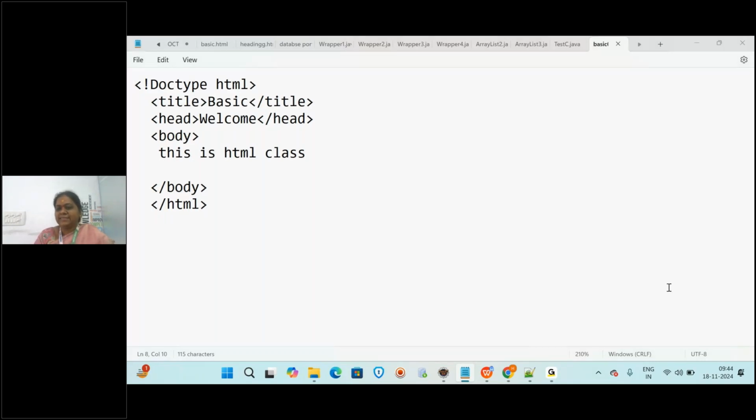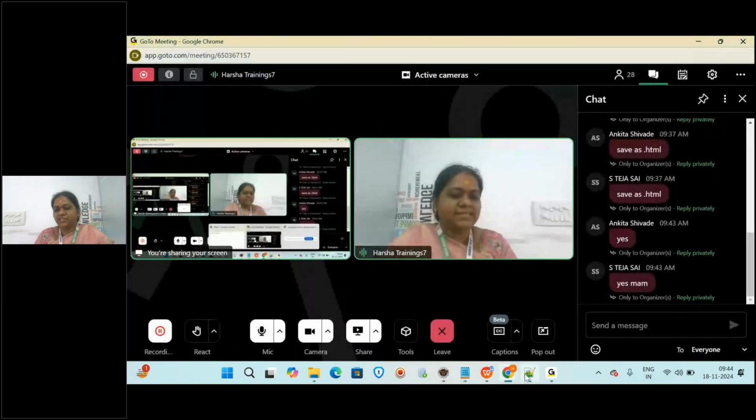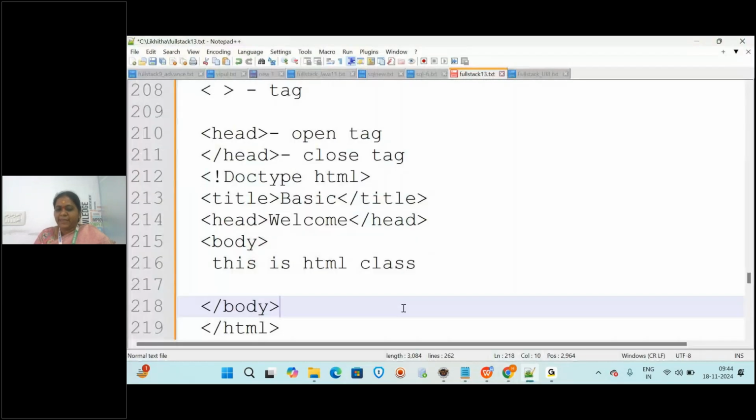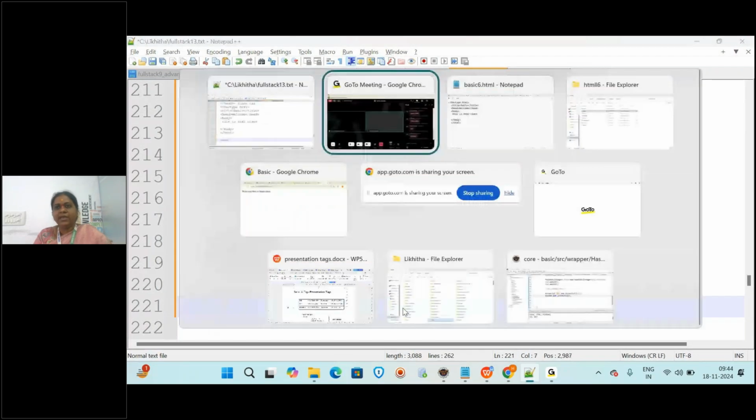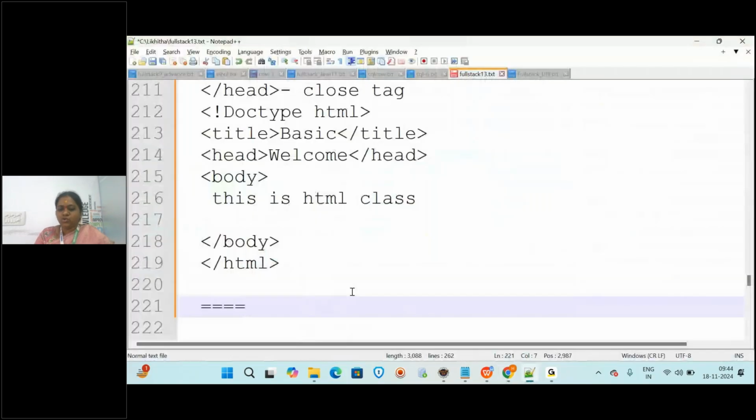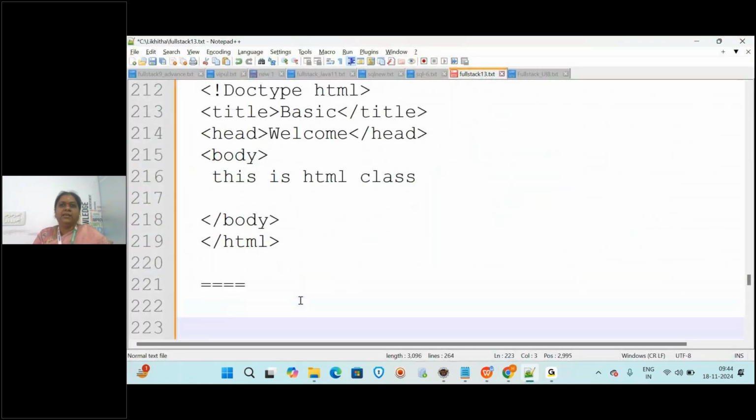so these are the basic tags we discussed in the last session, like how to create a basic HTML page. Now there are so many tags in HTML, categorized into basic tags and, again, something called presentation tags.